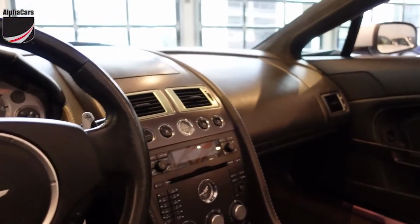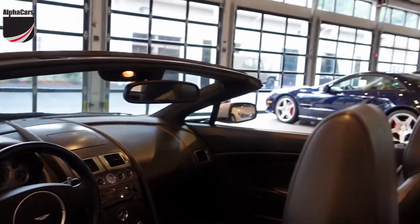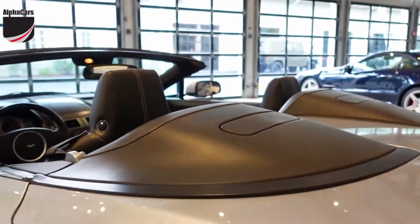Automatic climate control, this wonderful stitching, an umbrella holder in the trunk,